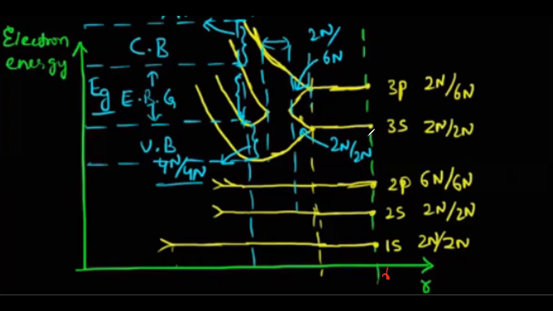Now, suppose I'm having 1 mole of atoms, or I'm having 1 centimeter cube of silicon, then what will happen, right? In that case, there will be lots of silicon atoms which will be close to each other, okay? And because of that, the internuclear distance decreases. Due to the decrease in internuclear distance, I can say that the energy level will not be same anymore. Why? Because according to Pauli's exclusion principle,